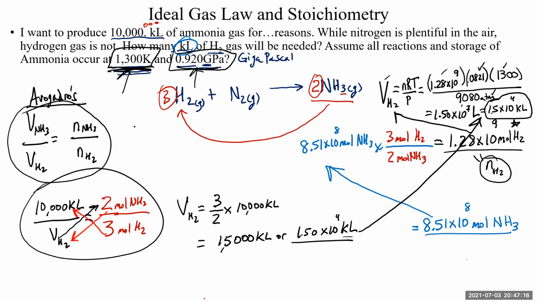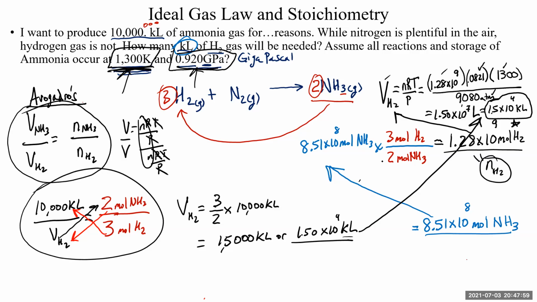Why, you might ask? Because the volume is equal to nRT divided by P of one gas. If I take the volume of one gas and divide it by the volume of another gas, that's the same as saying nRT over P divided by nRT over P. Well, if R is the same, because it's a gas law constant, and temperature and pressure are the same, everything cancels out except for the moles. That's how Avogadro's law works, and actually that's how a lot of these simple gas laws work. Just cancel all the like terms when you divide one set of conditions for one gas over another. So that's how you get that.